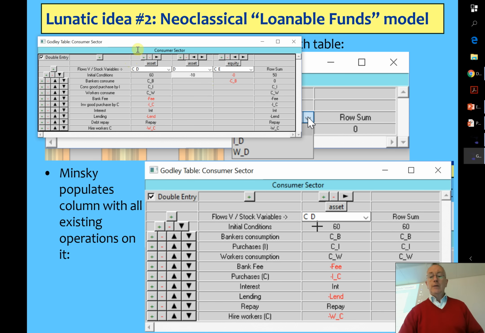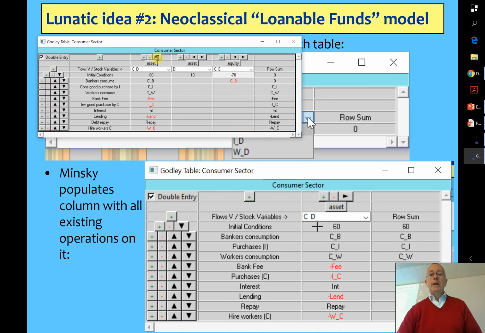So just go back and there are two ways you can go. You can just delete the whole lot. You can hold the control key down and move around inside the cell, and I was going to delete the minus there. Now you see the total assets are 70, so I need minus 70 to show the equity of the consumer sector. So it starts with a lot of equity.